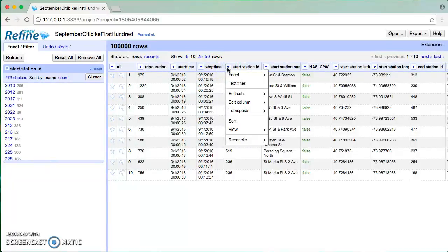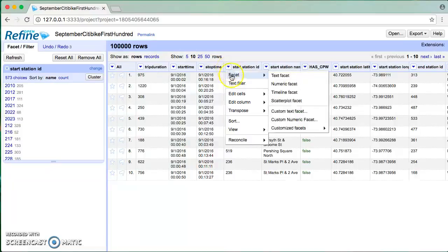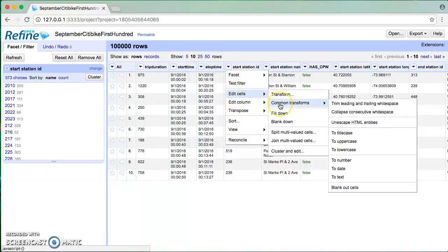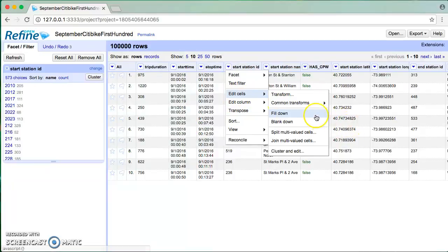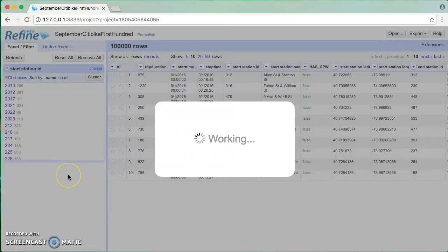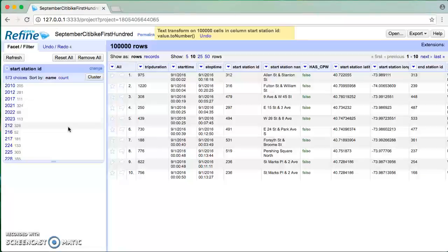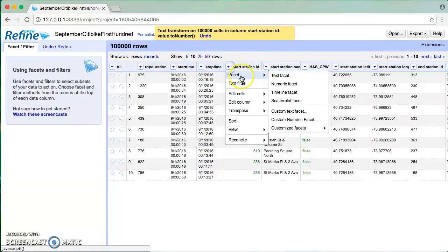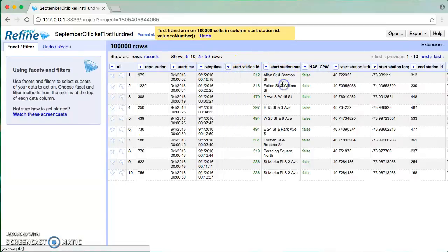which we can do by going here to edit cells, and under common transformation, we're going to see an option for toNumber, right? And that's not going to make much difference to us here, other than to sort, when we sort by quote unquote name, to perhaps, hopefully, sort them in the way that we expect, but let's find out. So if I do a numeric facet